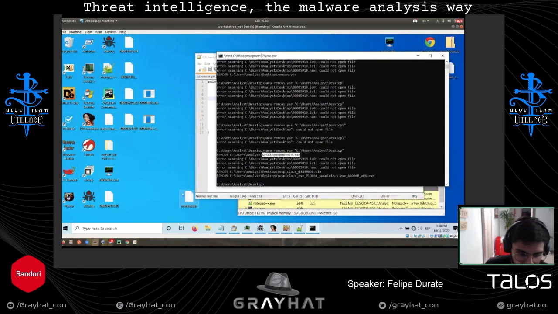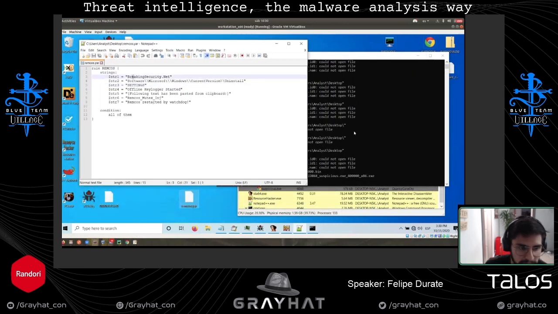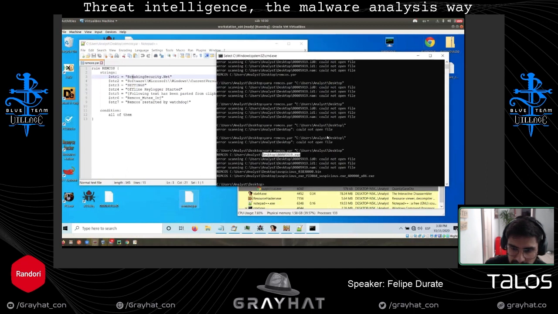Probably I sent some strings that didn't work. But if you see here at this point, with this new YARA rule, that basically is what I told you. So I took all the strings and added those strings to this YARA rule.